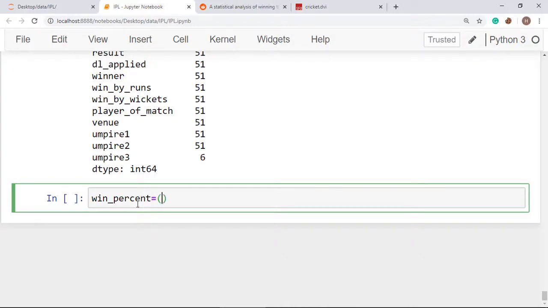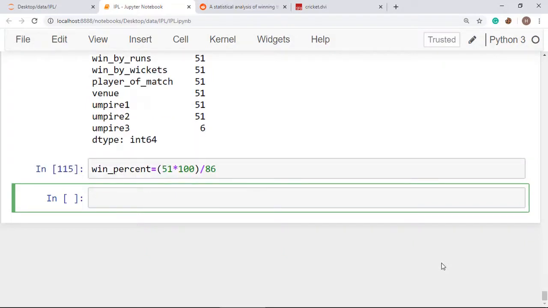For finding out percentage, what we do? We do this thing. 51 times Mumbai Indians has won the match, multiplied with 100, and we divide it by the total number of times Mumbai Indians has batted in the second inning. That one is 86, and you will get win percent as